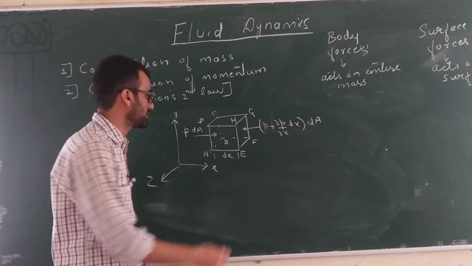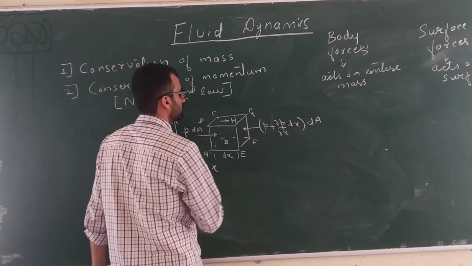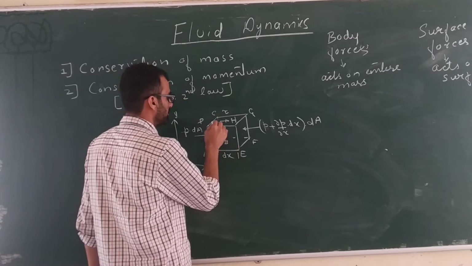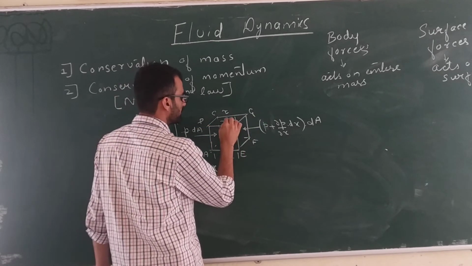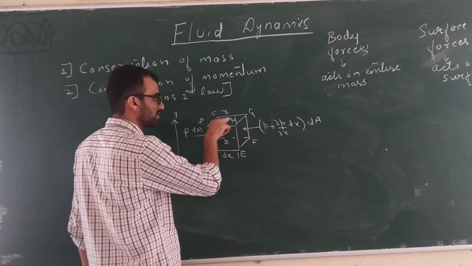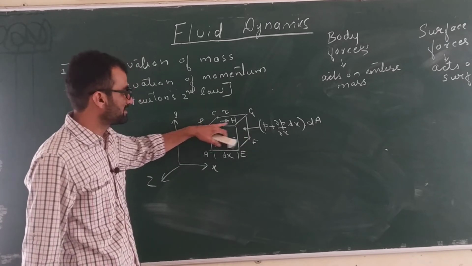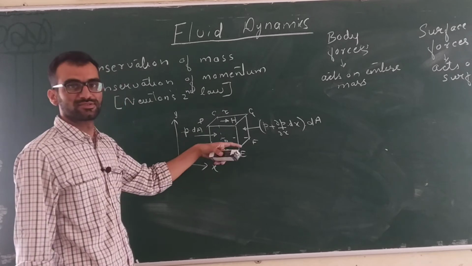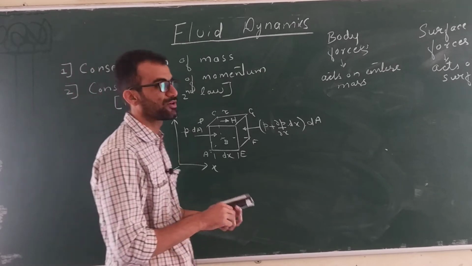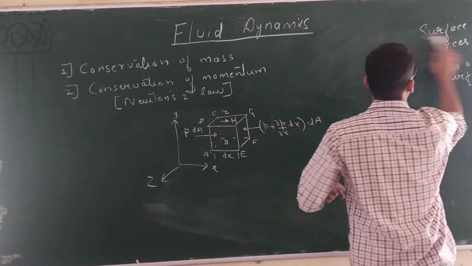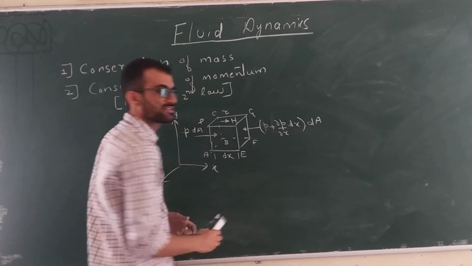So these are surface forces. Pressure force is a surface force. Viscous force will also act like this, tangential to the surface. This will be the tau. On this plane, because of motion, we will get some viscous stress. So viscous force will also be acting on the surface, but tangentially. Pressure acts normally to the surface, but both forces are surface forces. So a force can be a body force, and it can also be a surface force. What are the examples of surface forces? Viscous force and pressure force are surface forces.